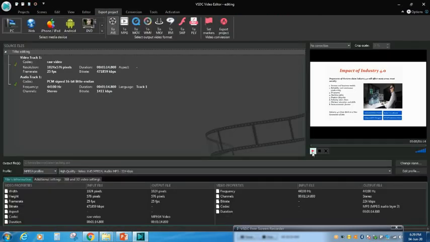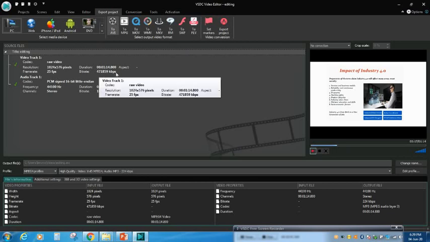Okay, I'm selecting export the project. Now here also you can check by playing the video, but when you play the video it may not play properly, but once you finish the complete project then you will get a good video output. No need to worry here, you just stop here.